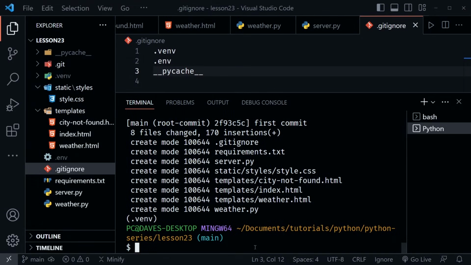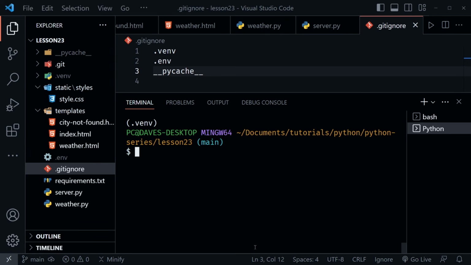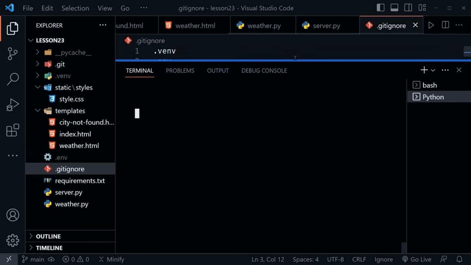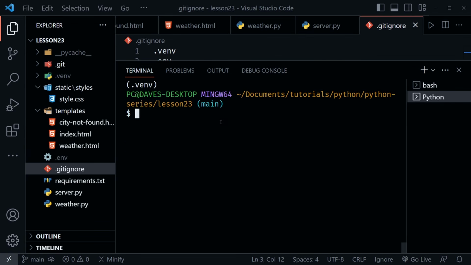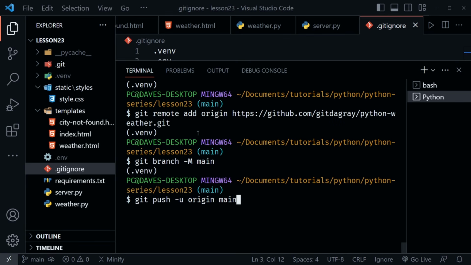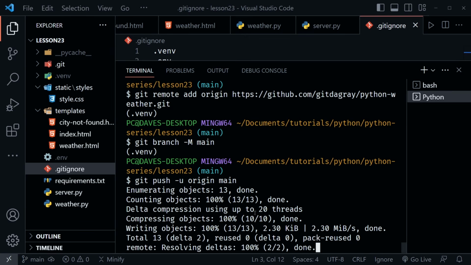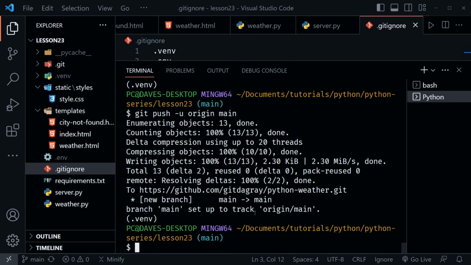Okay, I'm back in VS Code. I'm going to type clear first here in the terminal just to clear everything else out. Now when I right click, it's going to run the first 2 of those 3 commands, and it's going to wait for me to press enter on the last one. So I right click, runs the first one, it runs the second one, and now it's waiting for me to push, this is a git push, the repository here on my computer in VS Code to GitHub. So when I press enter, that's exactly what's going to happen, and it quickly sent those files to that GitHub